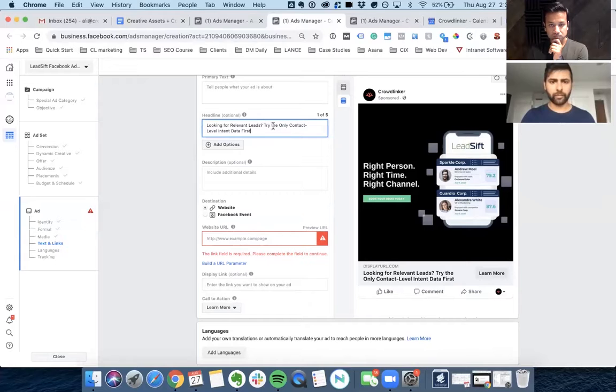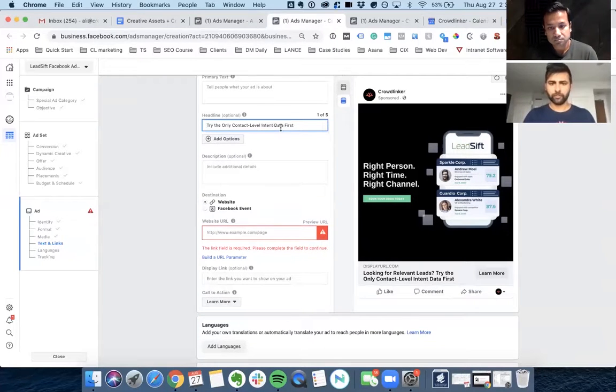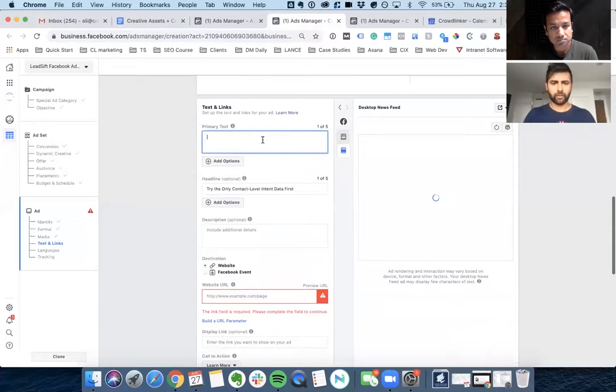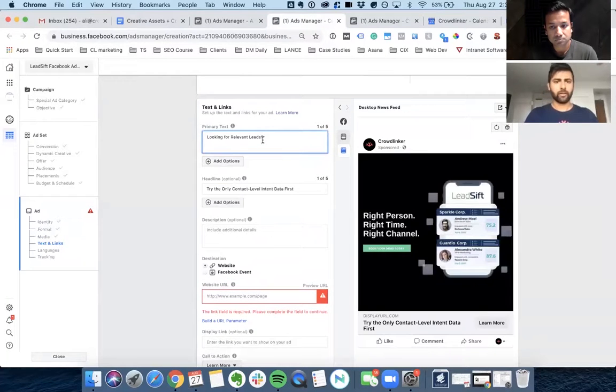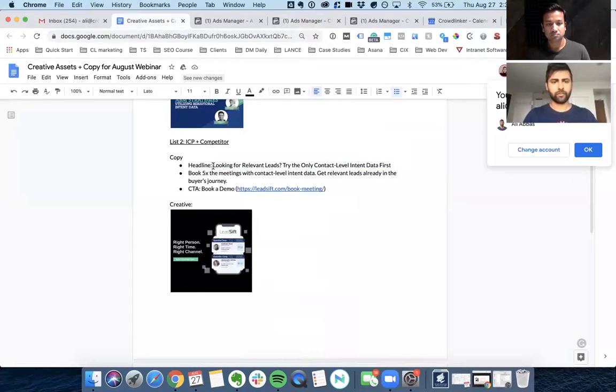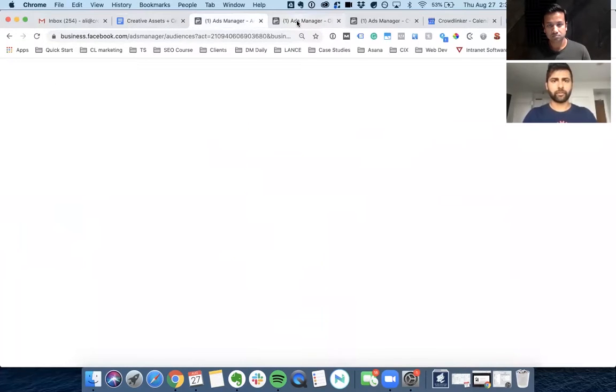You can take out the first part. You can just say try the only contact level engine data. Yeah, so that's good. I think we're gonna need both.